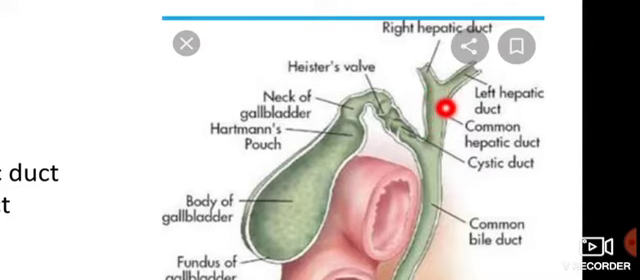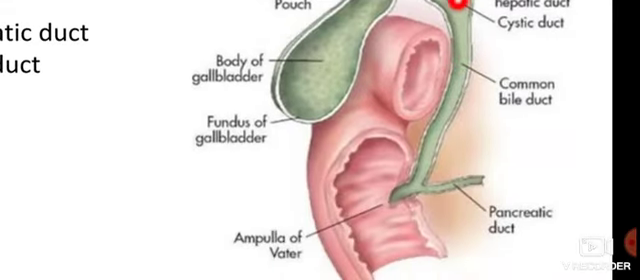The common hepatic duct runs downwards and then it joins with the duct of the gallbladder. This is your gallbladder, and this gallbladder has a duct which is called the cystic duct. So the cystic duct and the common hepatic duct together form the bile duct. The bile duct runs downwards and behind the head of the pancreas it joins with the pancreatic duct, that together